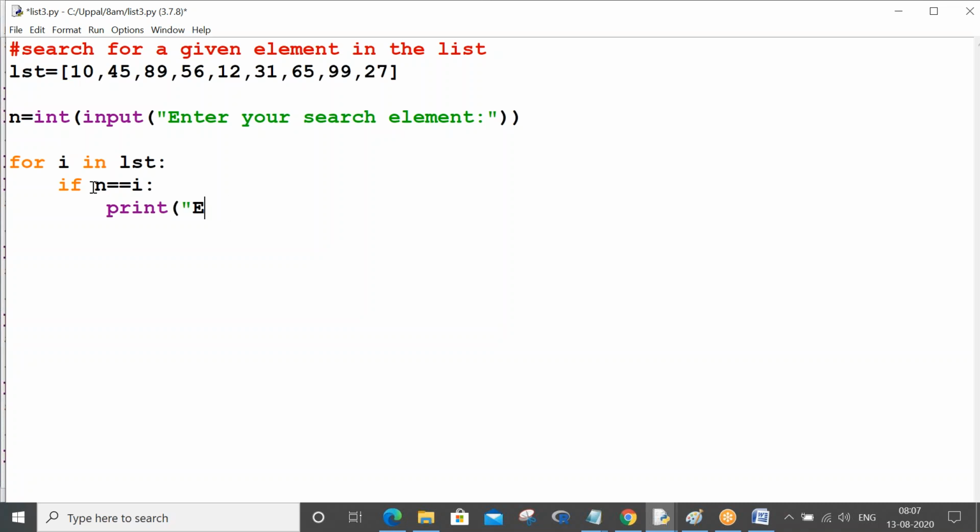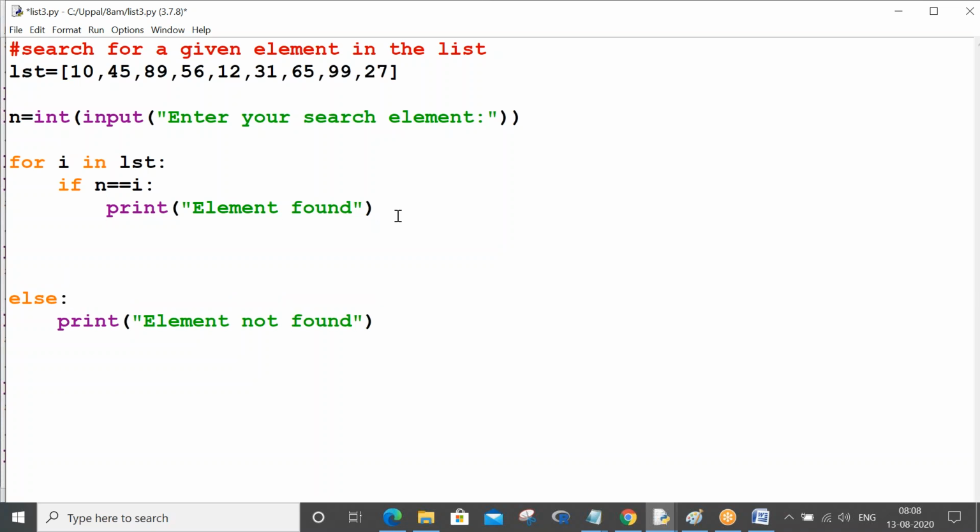element found. Now else print element not found. You remember the same example we have seen while discussing your for loops, right?